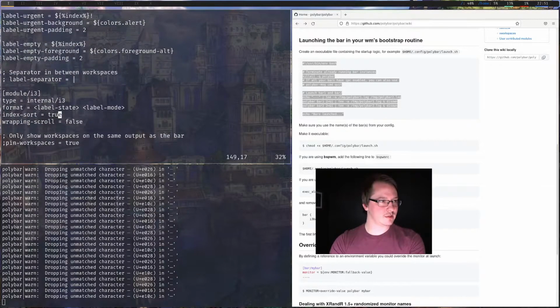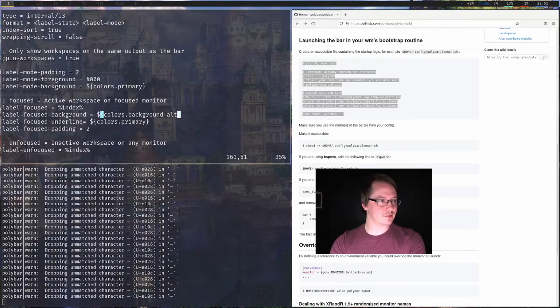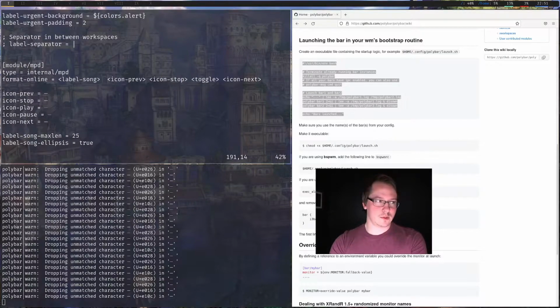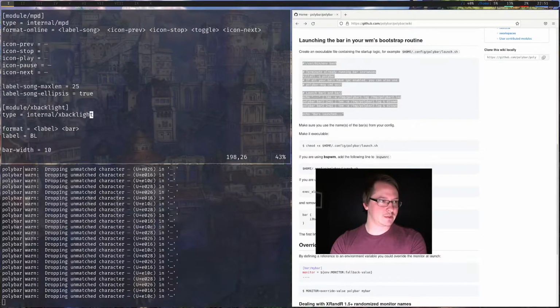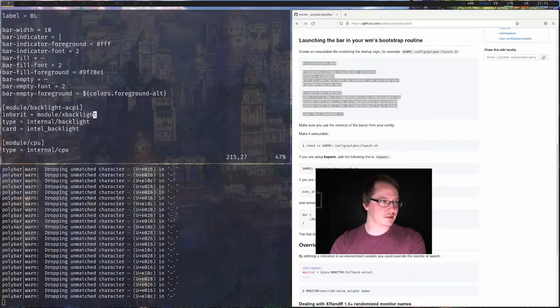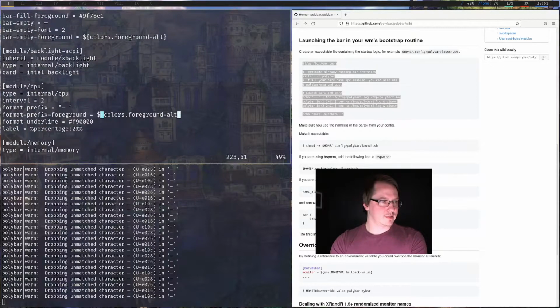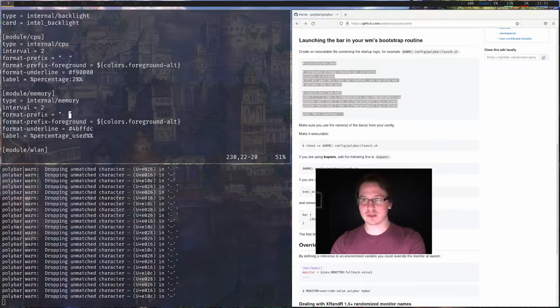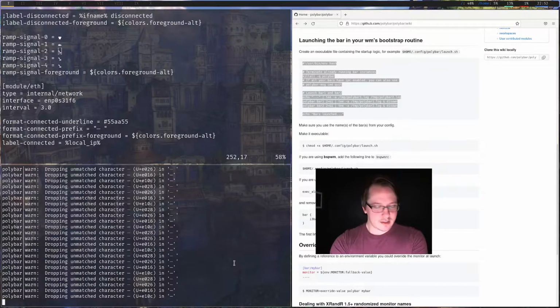Okay, module I3, we can just ignore. MPD, we're not going to use right now, possibly ever. Backlight is gone. CPU, we do have CPU. That seems to be working just fine. Memory also appears to be working just fine. Let's add a